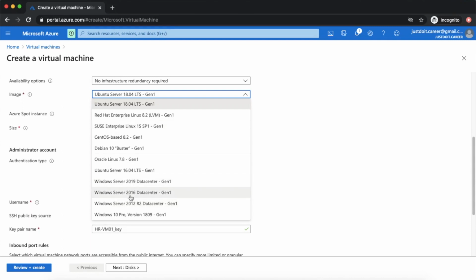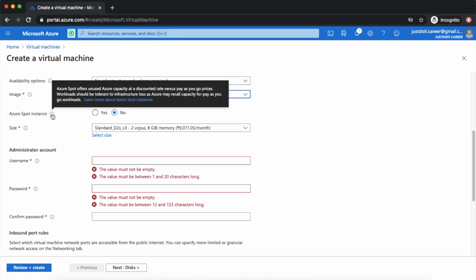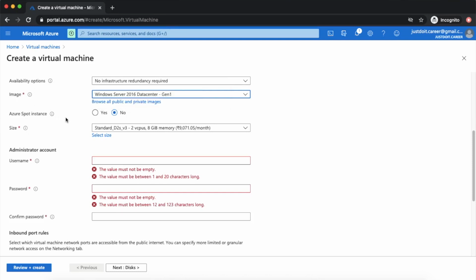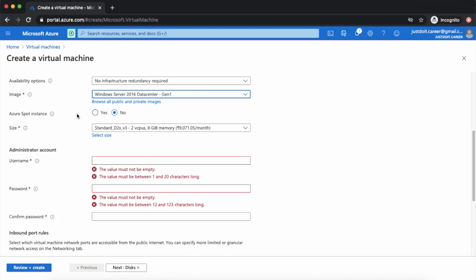So for now, for demo purposes, I'll use 2016, and as I use that, I will have to select Azure Spot Instance. Is it a Spot Instance? If I select the Spot Instance, it will offer a discounted rate because it will save your cost, but this is only meant for test purposes. If you are using this for production, this is not a valid option to use.